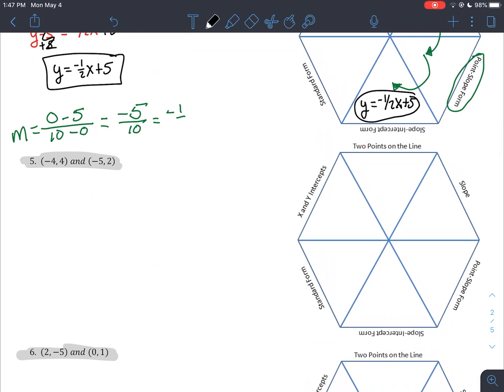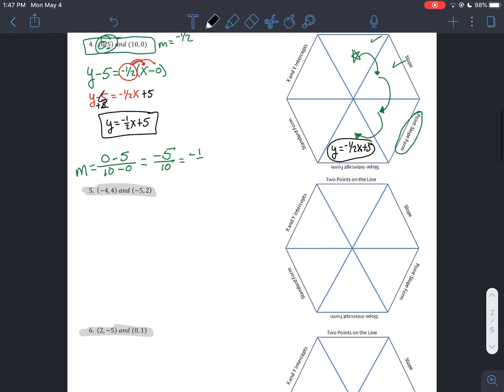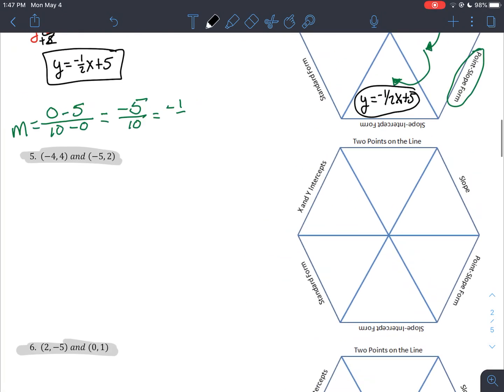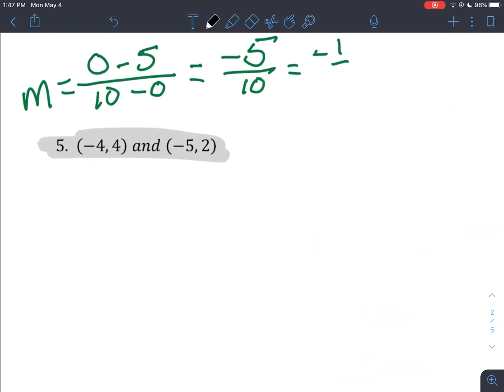Let's look at another example. Once again, we're starting at 2 points on the line. So once again, we're starting here, and we're going to find slope. We're going to use the slope formula to find slope, use the slope and a point to put it in point slope form, and then we're going to solve for y to get into that slope intercept form. So let's go ahead and